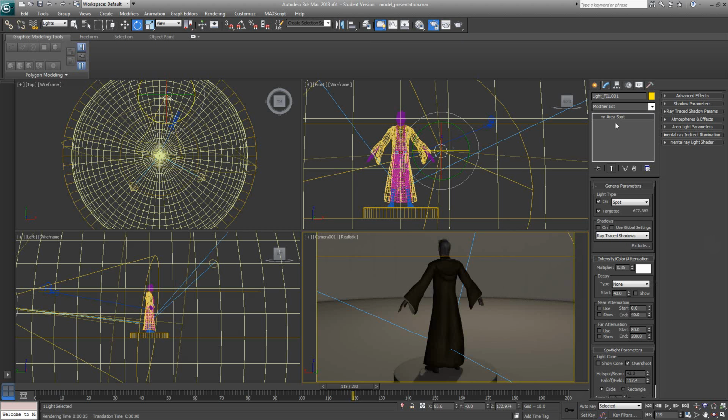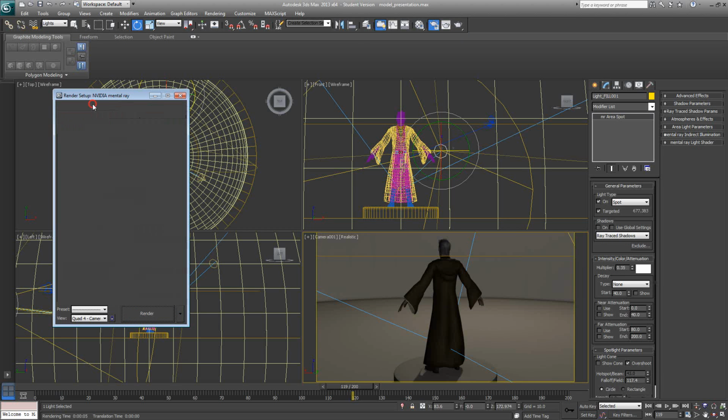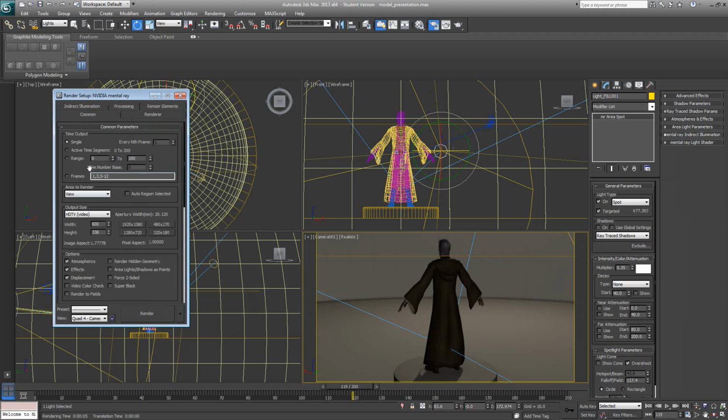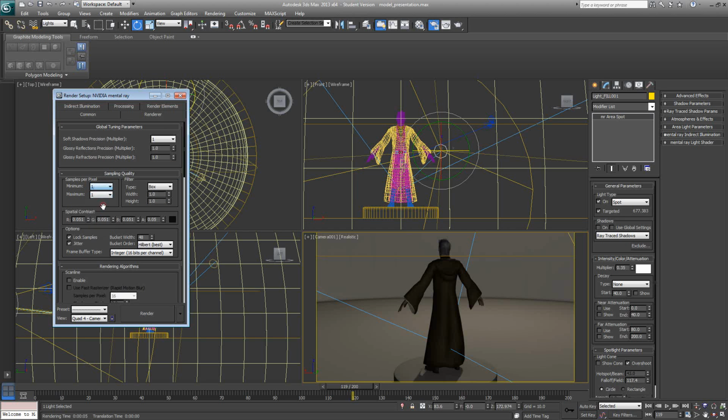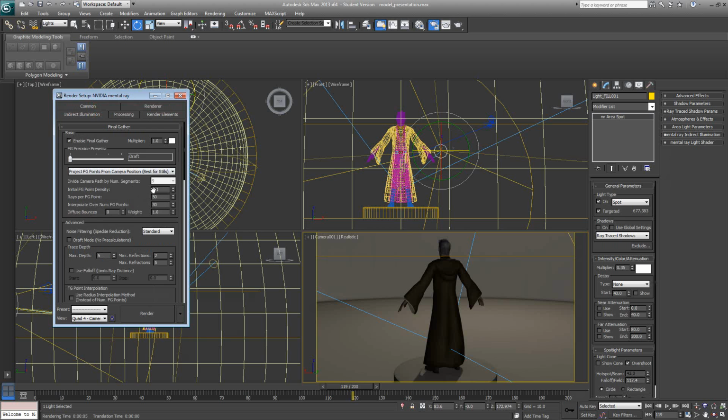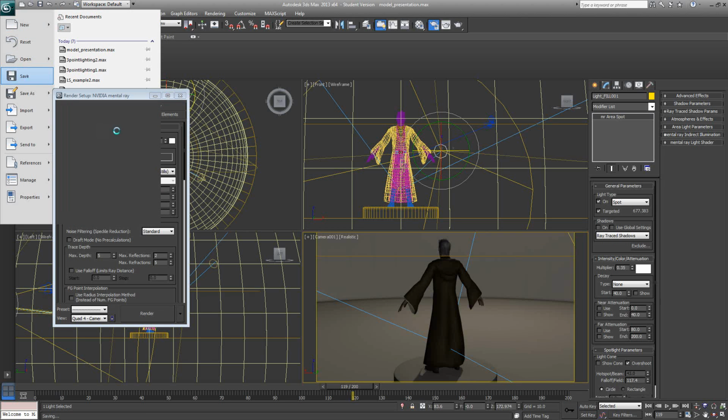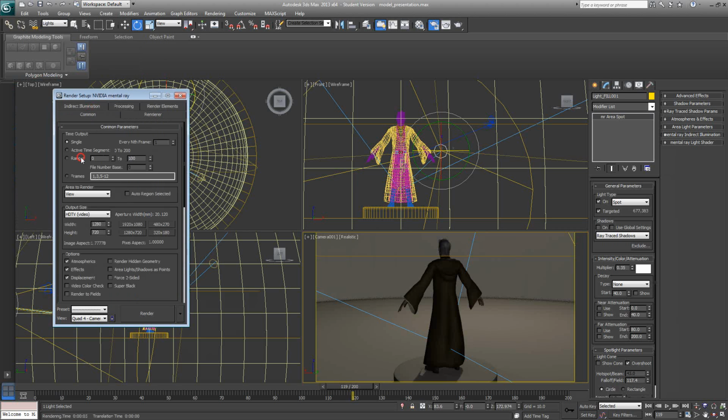Okay, so we'll stick with that for now. So we'll come over to our common tab in render settings and we'll set this back to 1280 by 720. Set the sampling up to say 1:16 and indirect illumination we'll set to medium. Okay, so we'll just save that, and then you want to make sure your range is set from 0 to 200,